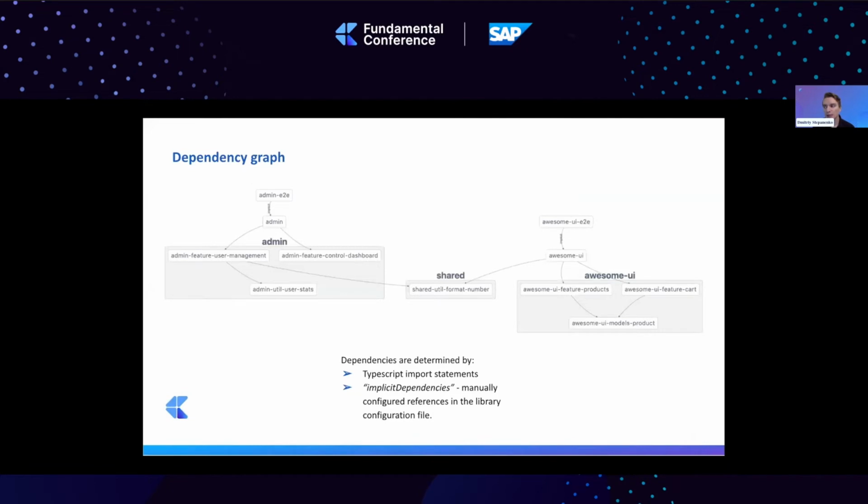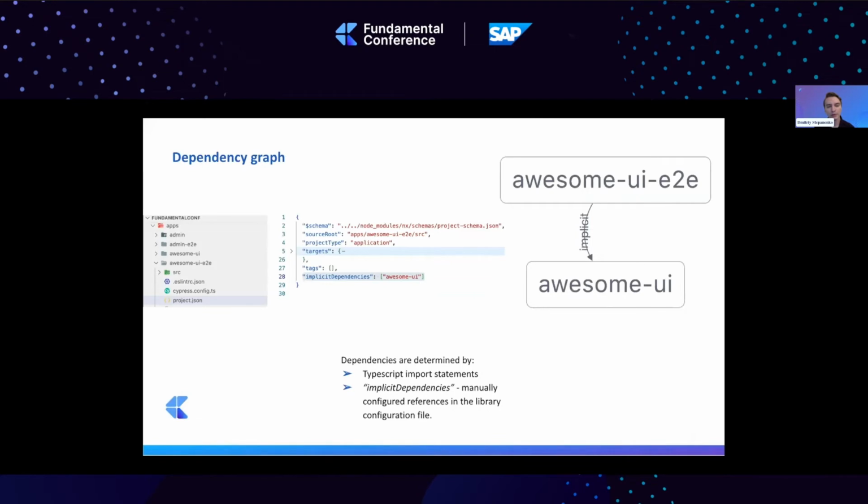Dependencies are determined by TypeScript import statements that reference a particular library path. So as I said, I imported one library into another, into an application, and so on. And NX can track those imports. And also, they can be determined by manually specified so-called implicit dependencies in the project configuration file. Basically, implicit dependencies is a way to tell NX that library A depends on library B, even if NX cannot see any relations